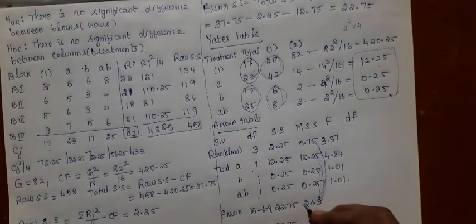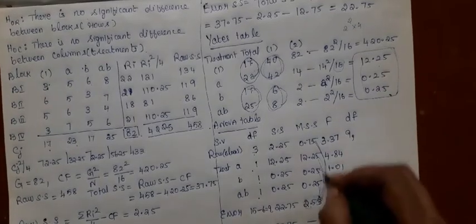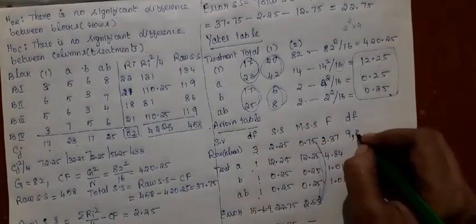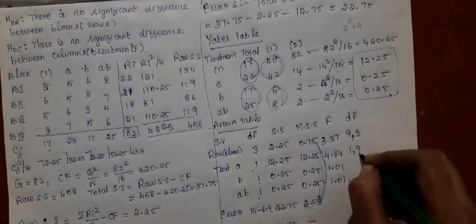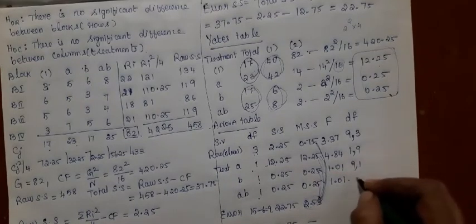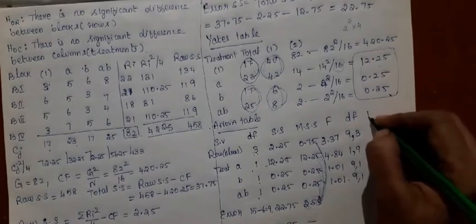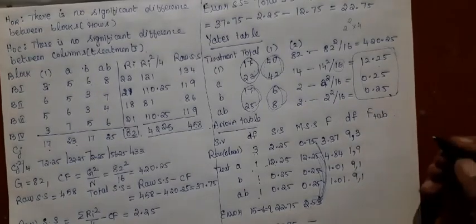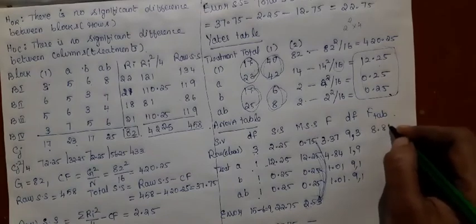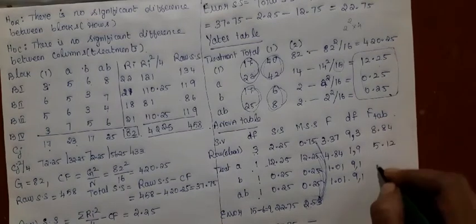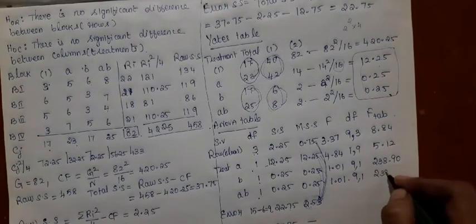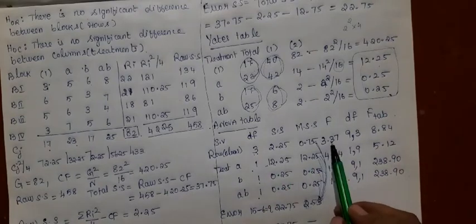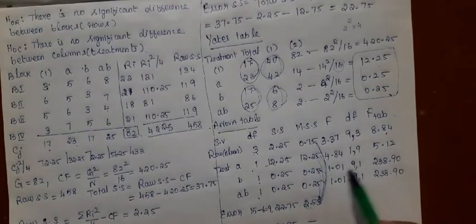Now degrees of freedom, see here, 9. The number in the numerator 2.53, the degrees of freedom is 9. The number in the denominator 0.75, the degrees of freedom is 3. So 9, 3. Here this by this. So 1, 9. Here this by this. So 9, 1, 9, 1. Now find the F table value. I am taking it from the table. It is approximately 8.24. Here I have 5.12. Here it is approximately 238.90, which I am extracting from the tables. See, for the row, the calculated value is less than table value, and also for each treatment, the calculated value is less than table value.